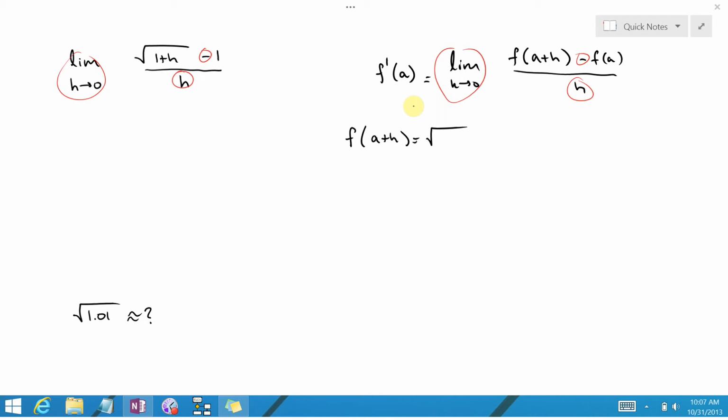Okay, so is there any a and function f for which f of a plus h is the same as the square root of 1 plus h? Another question we'd have to ask is, is there any way I can pick the same f and the same a so that f of a would equal 1? And hopefully with a little bit of thought you'd realize that if I looked at the function f of x equal to the square root of x